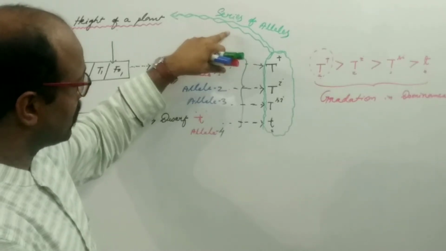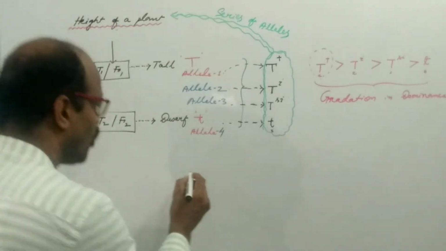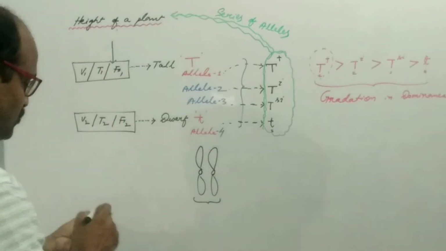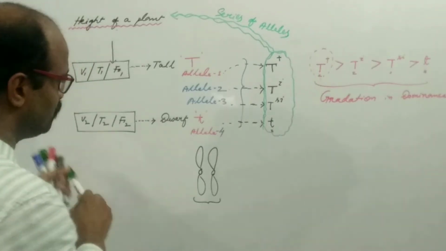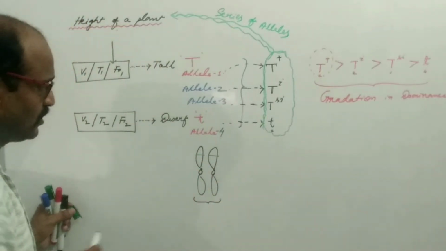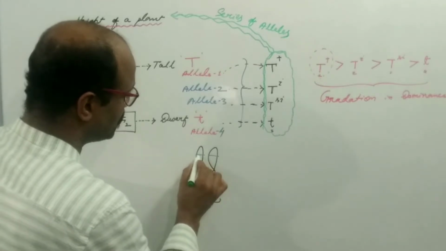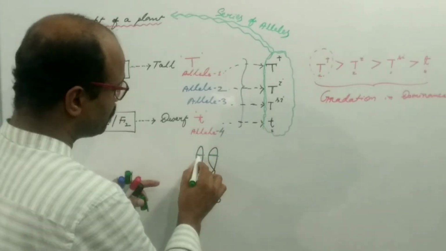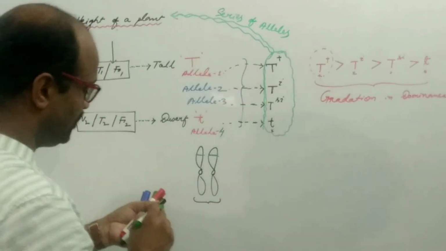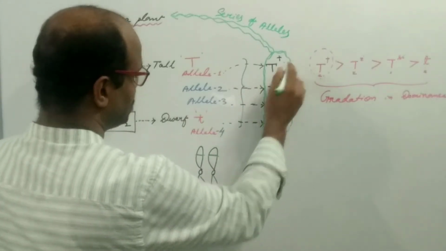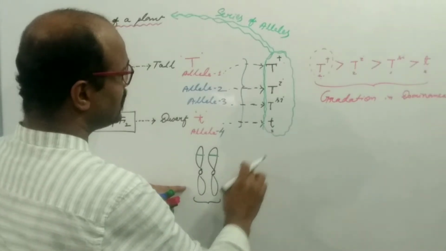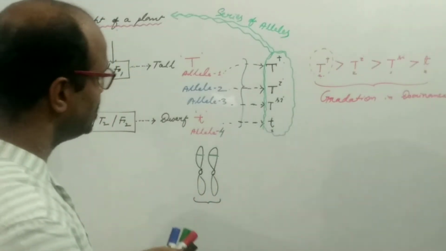Now a big question comes to our mind. In case of a diploid organism, it has the homologous chromosome pair. We know that in a homologous chromosome pair, the gene is present at a particular locus, so this is the homologous loci. Which forms are present here? Out of the 4 allelic series, there may be capital T plus in a homozygous condition, or capital T plus and Ti in a heterozygous condition, or several varieties may appear here.